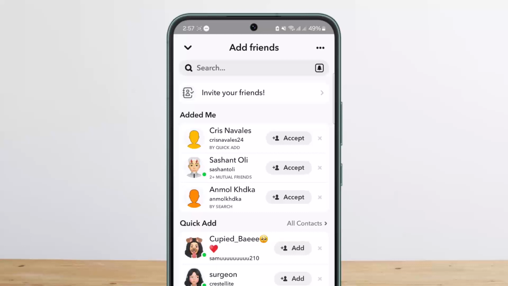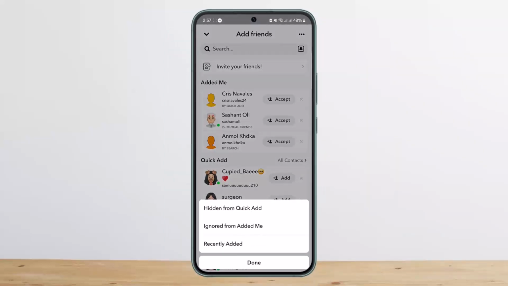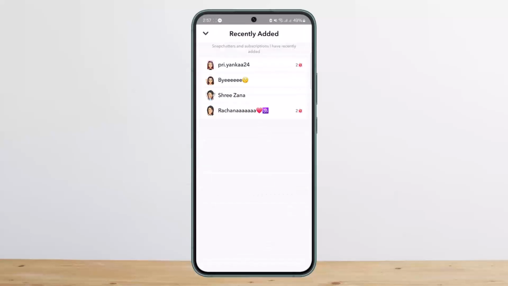Once you do so, here on the add friends option, simply tap on the three dots option at the top right corner of your screen, and here you can see three different options at the bottom: hidden from quick add, ignored from added me, and recently added. Simply tap on the recently added option, and now you can see the list of recently added. Now tap on the particular friend that you sent the friend